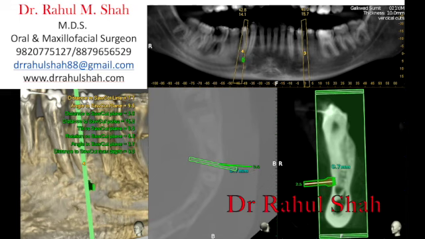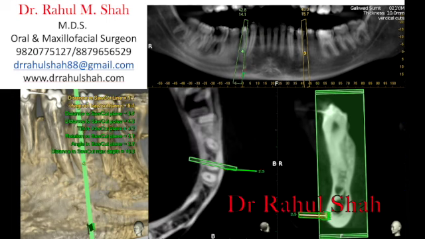Previously, with the older software, there was just a provision of the point of the instrument which could be navigated, which was very useful. But with the new technology in which there is a saw mode in the 3.0 Navident software, as you all can see, there is navigation not only for the tip but also for the angle in all the three axes, the depth, making this surgery a very predictable procedure.